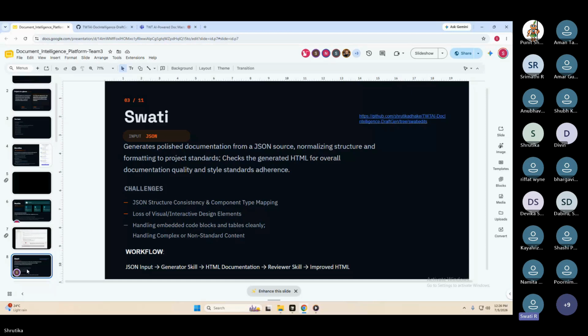So for my part, I have taken JSON as the input content format. JSON by itself is a great structured way of storing information, but it's not suitable for end users to read directly, as we know. So the challenge here was transforming that structured JSON into polished HTML while correctly mapping all the components and preserving